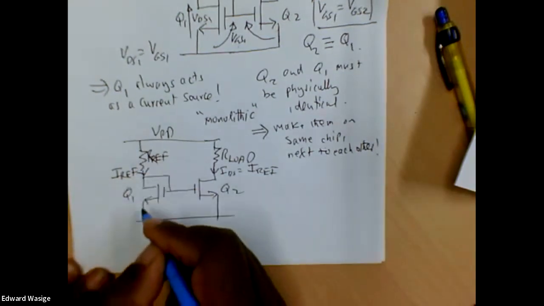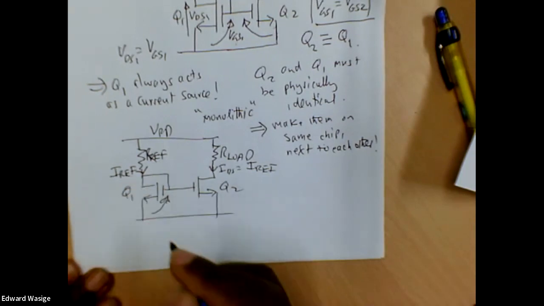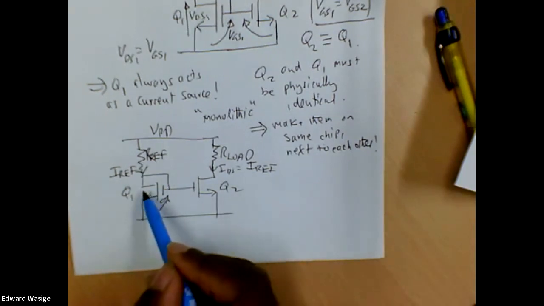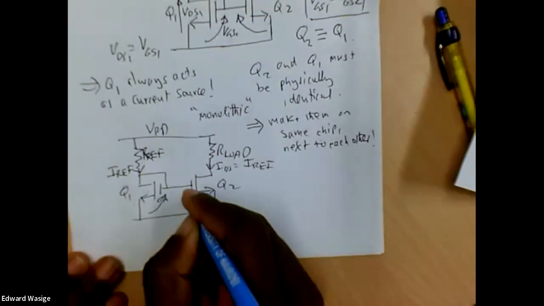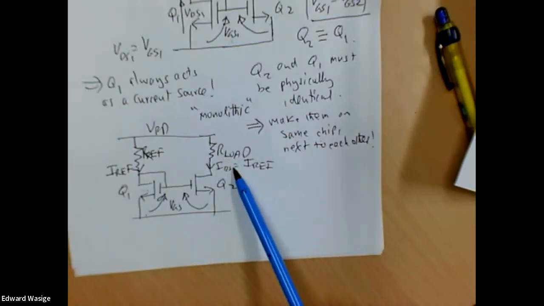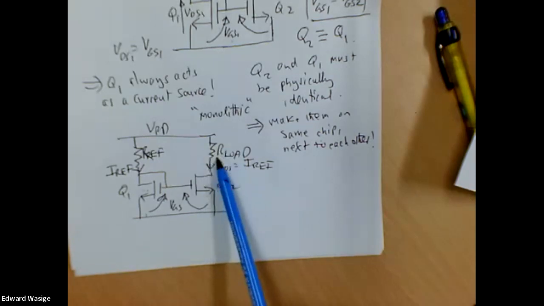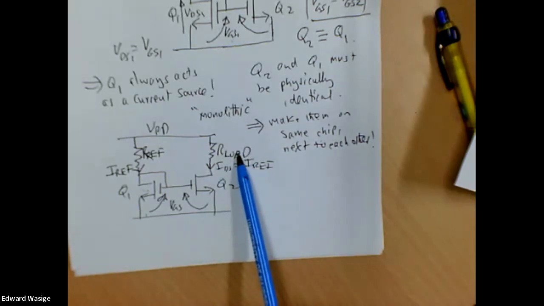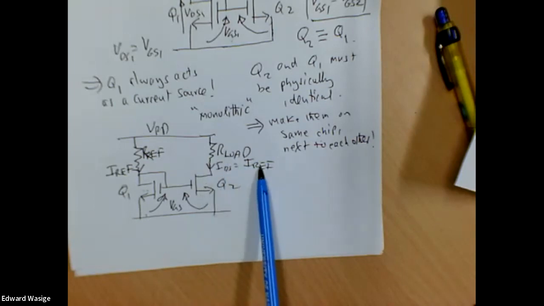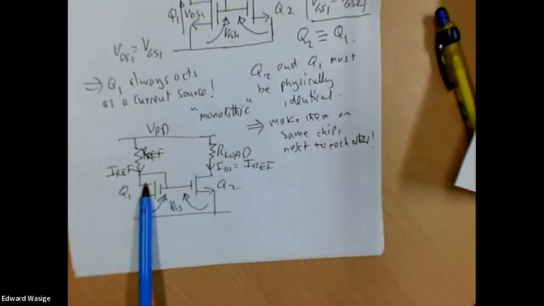So we can vary the reference current with this reference resistor. But because this transistor is diode connected, if there's a current, this transistor will always be in saturation region. Q2 is identical to Q1, and we've connected them such that VGS for both of them is the same. So the current flowing through Q2 is equal to IREF. Theoretically, for all practical purposes, whatever the value of the load resistance, it doesn't matter. The current that will flow here will always be equal to IREF. If the load is too high so that that is not possible, then transistor Q1 will switch off, so no current will go through there and no current will go through there. So it's either off or it's